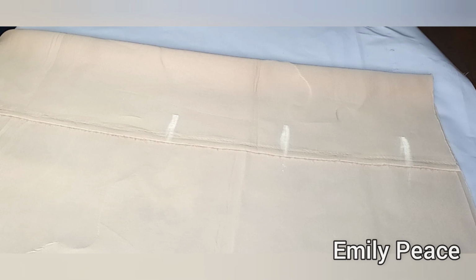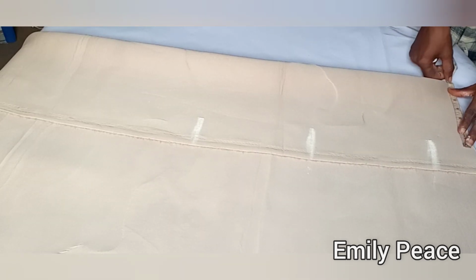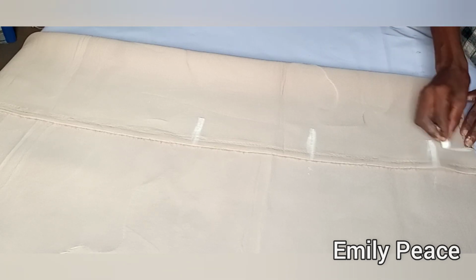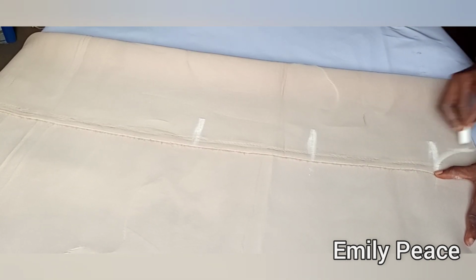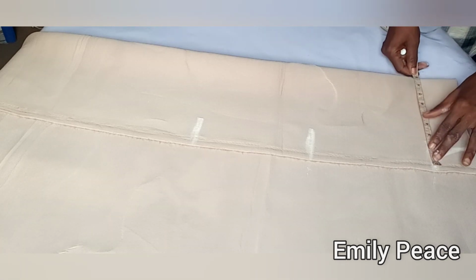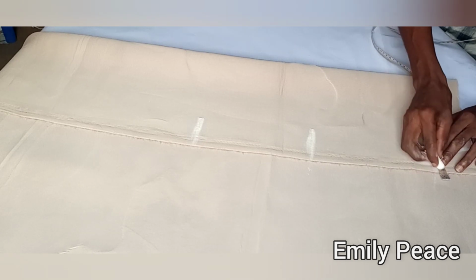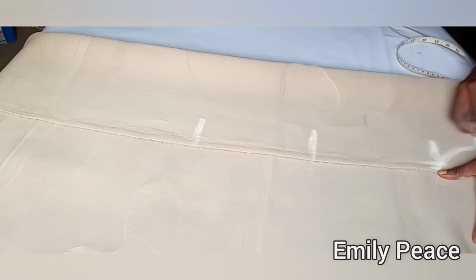After that, I'm going to go over to the shoulder. On the shoulder line, I'm going to mark my shoulder measurement divided by 2, which is 7 inches. And I'm going to connect that point to the armhole that I made like so. After that, I'm going to mark 1/4 of my bust measurement on the bust line, okay? So this is a stretchy fabric. It doesn't really require seam allowance,